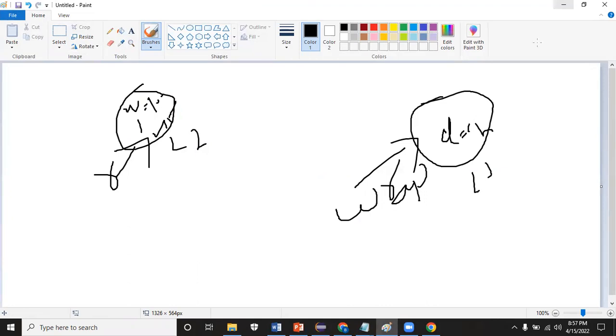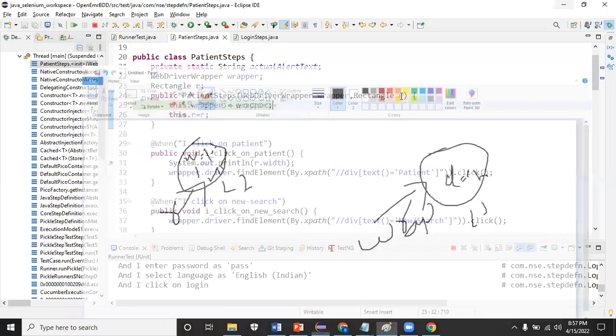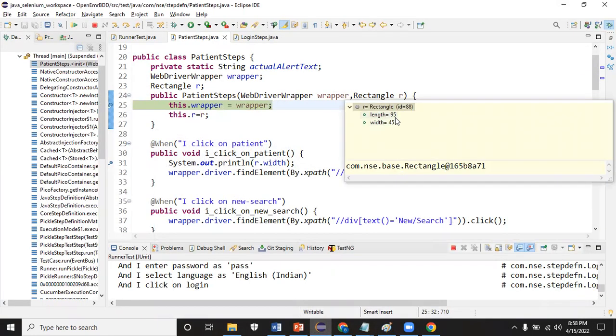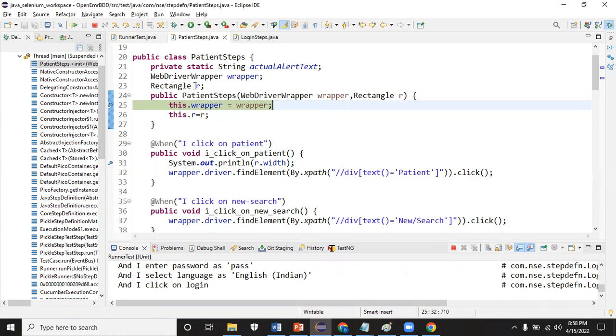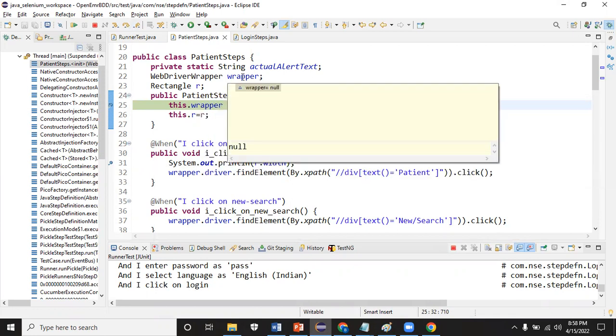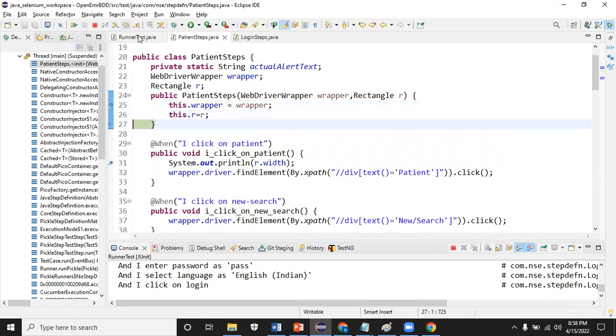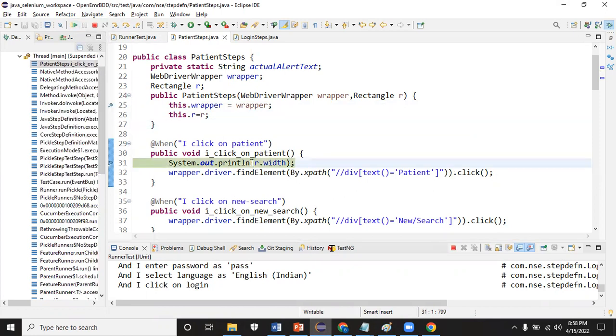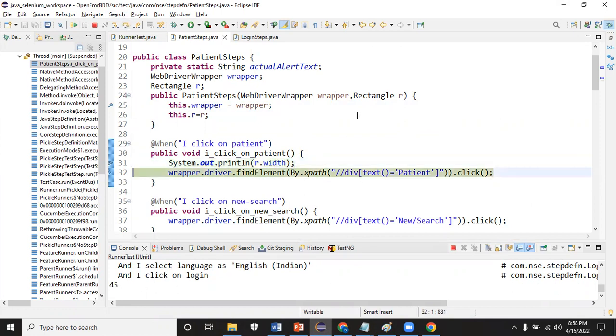What about the current object, where BDD created an object for rectangle, right? In that, what were the length and width? You can see that value here, length and width. Okay, and this rectangle r is null, this wrapper is null. I'm just giving this dot r, this dot wrapper. Now in the when part, you can see I'll be able to access the value which I updated in the previous class. You can see r dot width, and we'll be able to print it, 45,